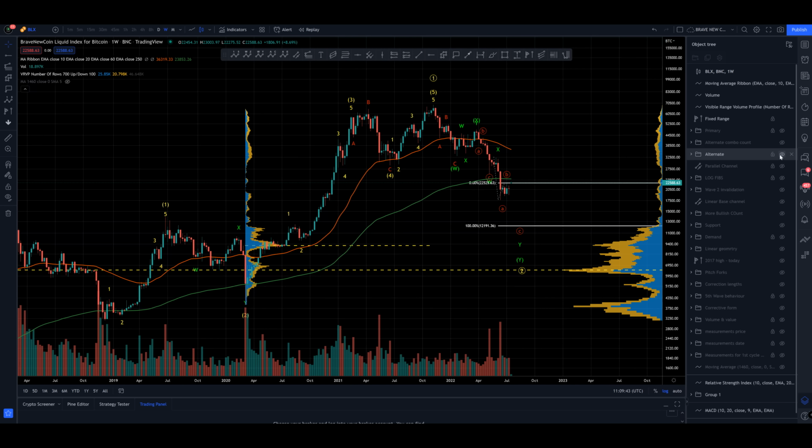And then we've got our first alternate really, which is the idea of going lower, but we haven't bottomed. It's still the same count, 1 into 2. I struggle to see it any other way with the way we come off of the high, bar that alternate we just discussed. So I see this as W, X and an extended Y, and we've still got the A, B, and we've got the C leg to come, and I have the target 1-to-1 extension of the recent ABC, the zigzag within the Y wave of the Y, looking for around 12,000.